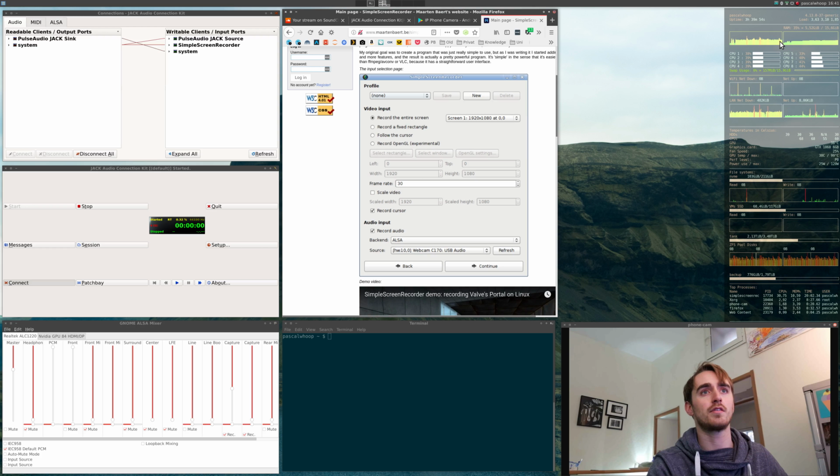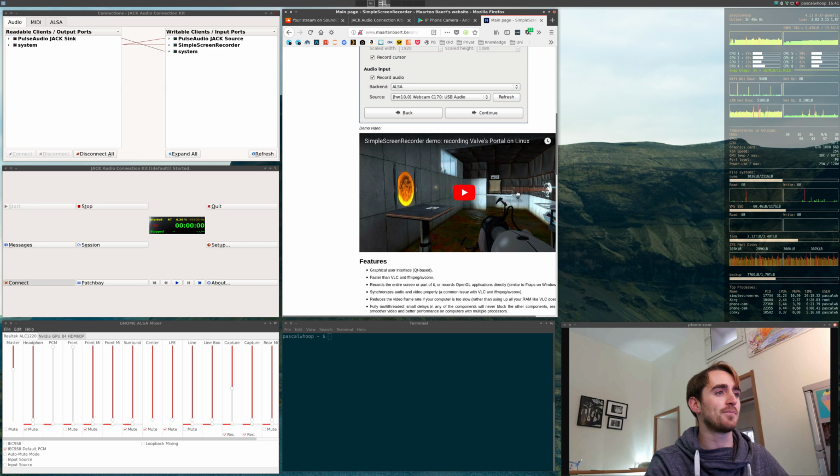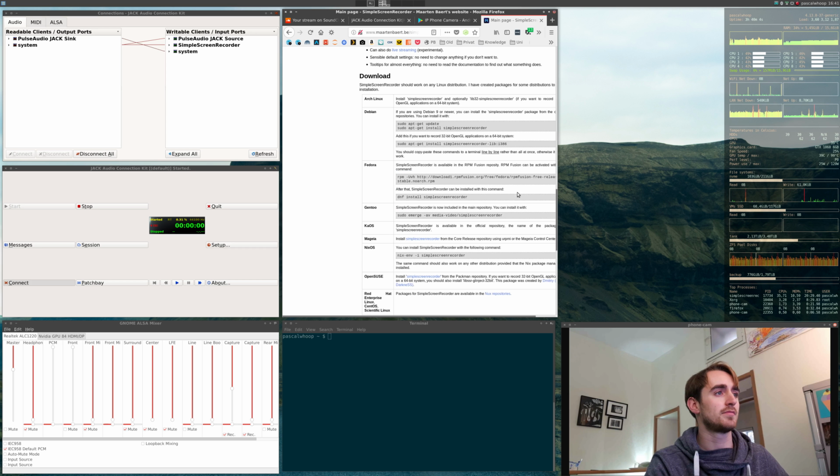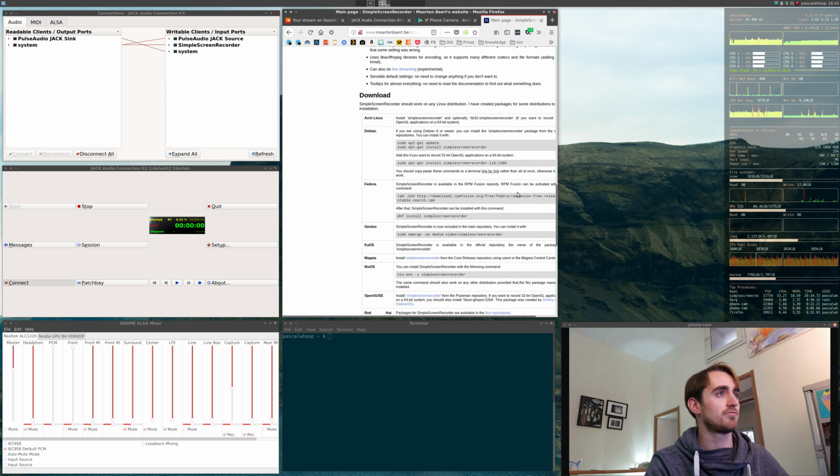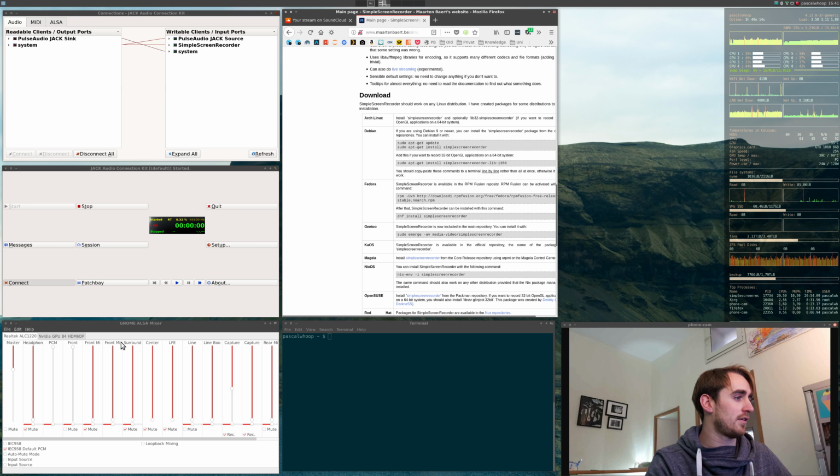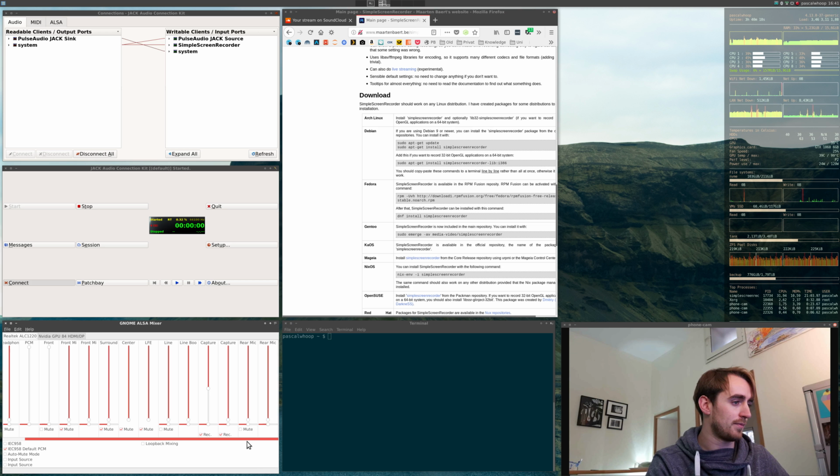We'll see this here. So this is my average CPU load. It doesn't really make too much of a difference. And yeah, for me on Ubuntu, it's just SimpleScreenRecorder installed via apt-get. And that's it. Then I also have this Gnome Alsa mixer, but that's just for